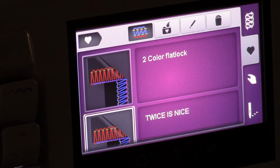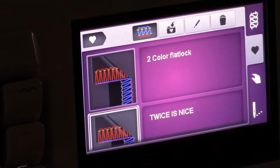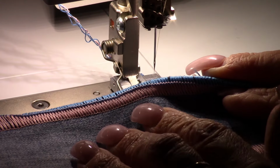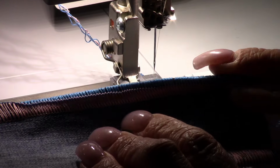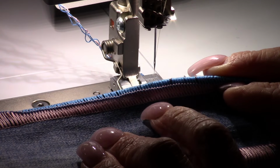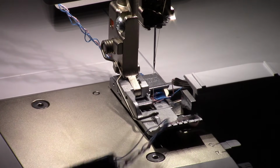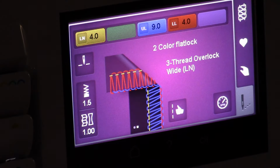For the two color, yes, the top side. So on the sample here, if I wanted to show it, I have to use it on the right side of the fabric. You put your fabric right side up. Yes. So if you're wanting the two colors of thread to show, you have the right side of your fabric facing up, just like you would a wave stitch. Okay? All right. Now then, when we do this as a flat lock stitch,